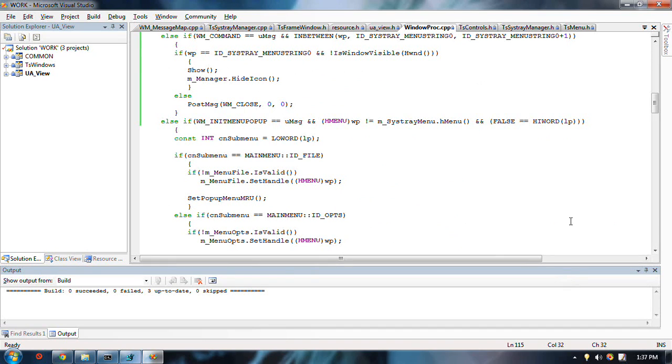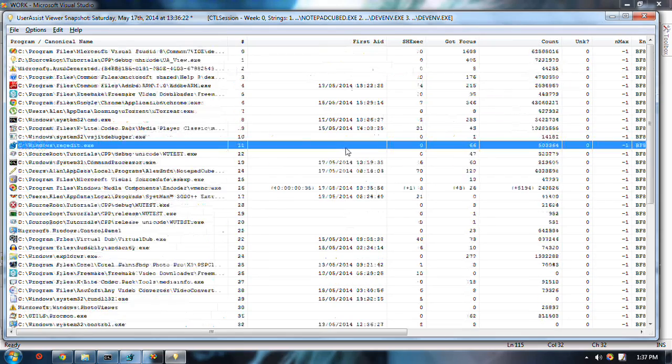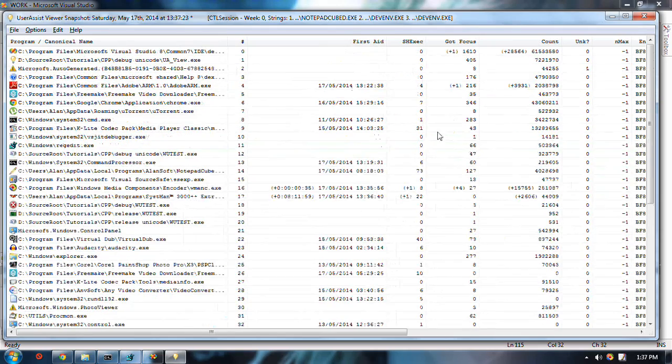One thing I did add, you might notice, is a tray icon for it, so I can always keep it running here. And I added this F5 to refresh,